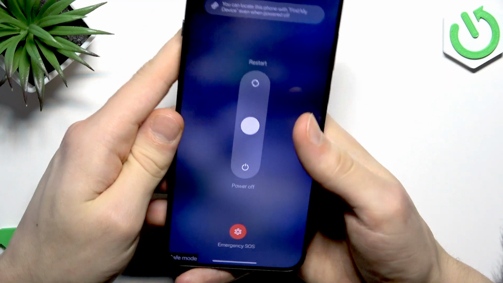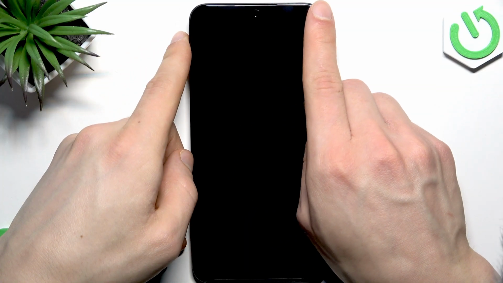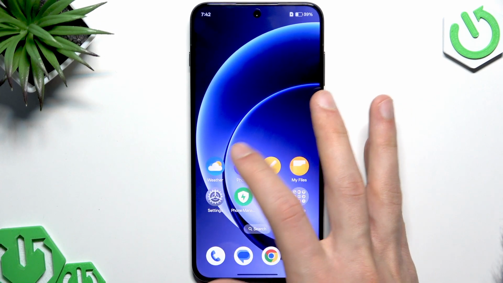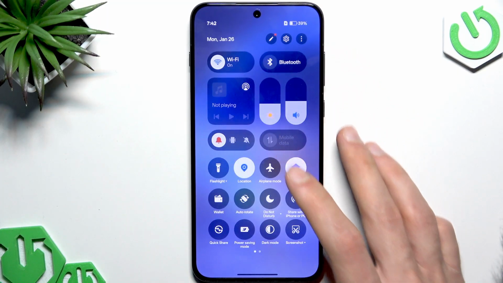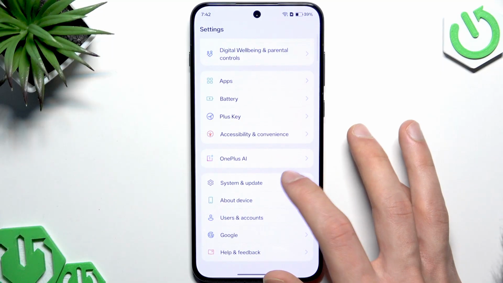The last thing that we can try to do is restart our phone into the normal mode and check for any software updates, because there might be some security issues that have been resolved recently, but in order to apply the fixes, you're gonna have to download the most recent software update. Wait for your phone to restart, and then make sure that you are connected to the internet. So let's let the phone reconnect to the internet and go to settings, swipe down to system and update,